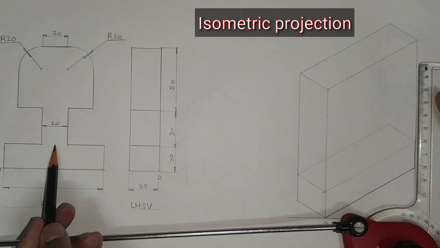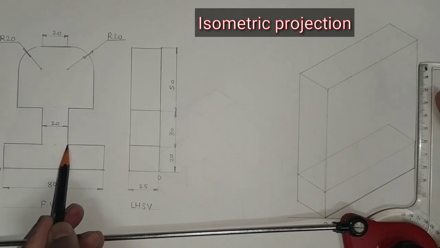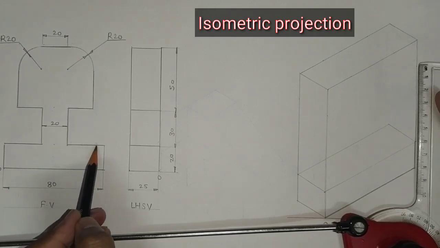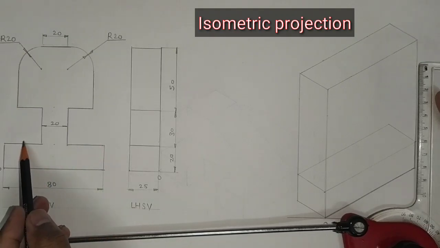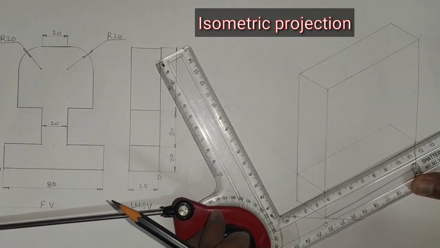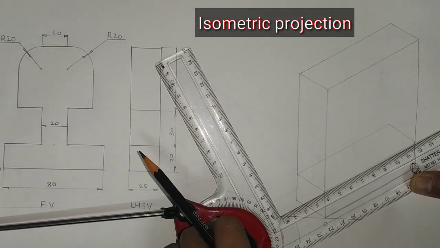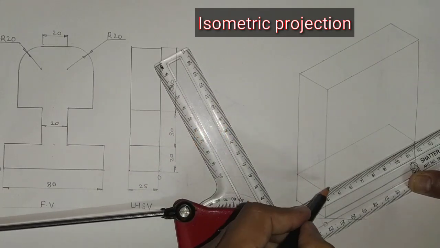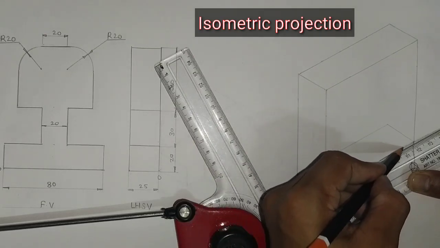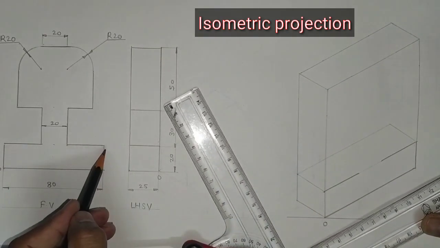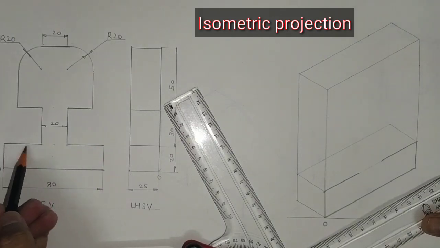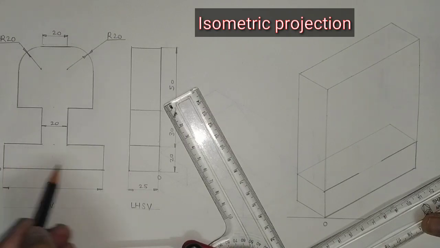Again you want to find out this distance from center. This distance is 10 mm and from center this distance is 10 mm. So total length is 80, so 10 is left on each side. So this distance is 30 mm and this distance is also 30 mm. So draw a length of size 30 mm from both. You draw on this line, lifting some distance of size 20, and draw a size of 30 mm. Again this side is 20 mm.